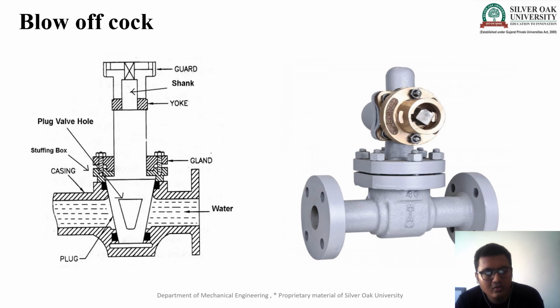Hollow portion gets rotated like this. Right now this is in this position. If we rotate the hand wheel, then it goes in this direction. So the hollow portion is open this side. So what happens? Whatever impurities, sediments, and solid particles are present inside the boiler transfer from this hollow